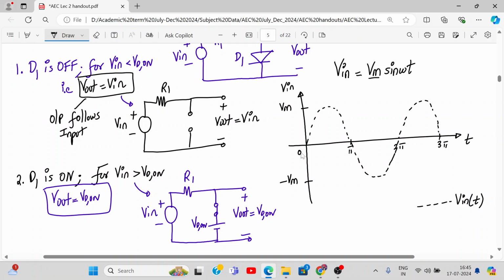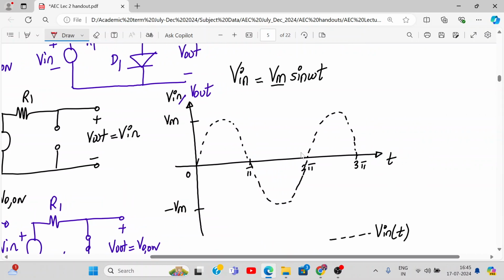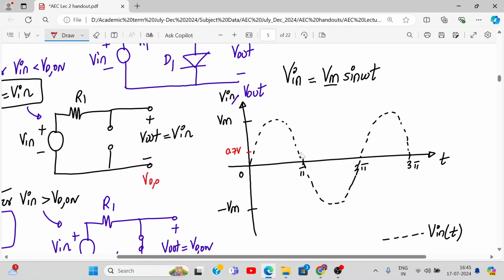Now I want to plot V out. So V out I'll plot in blue color. How will V out be? See, where will I show VD on line? VD on I'll show positive, right? Over here, red color. Let me show it to you. Here it is. Let's say here it is VD on, or let me write 0.7 volt only. We assume that VD on is 0.7. Now tell me, let me draw this a small straight line,